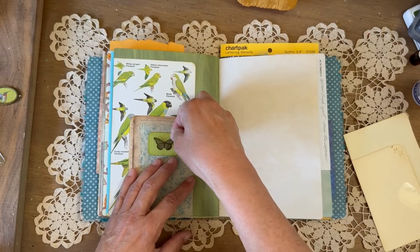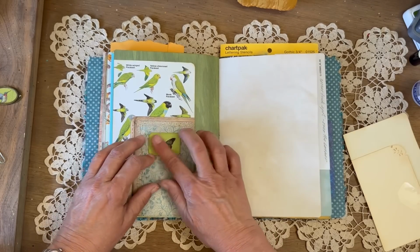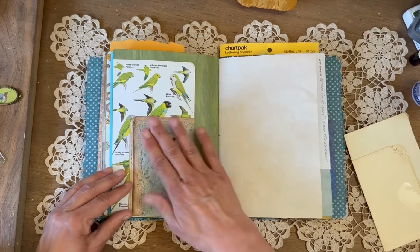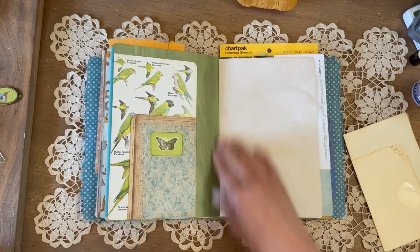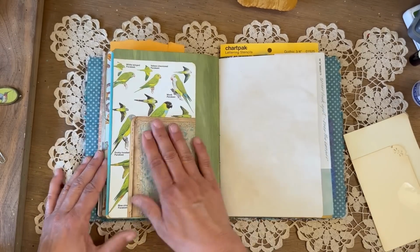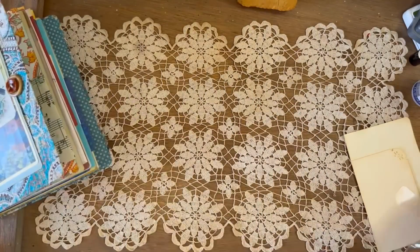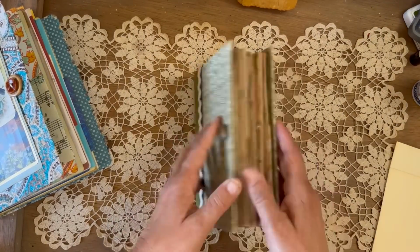So I'm just going to put this there on that label. And I think that's nice. Yeah, okay. Let's do the other one. So this other one